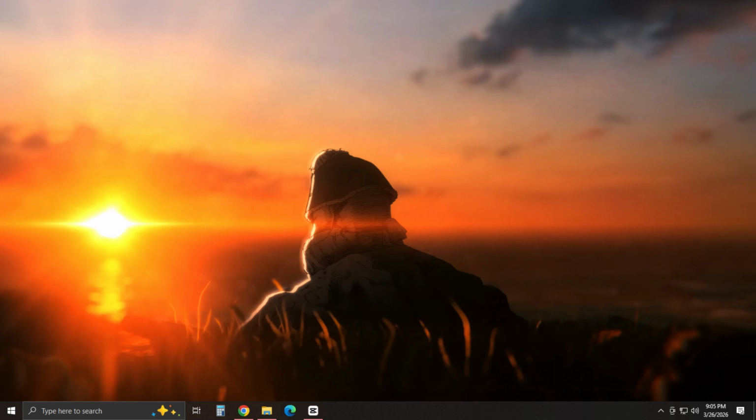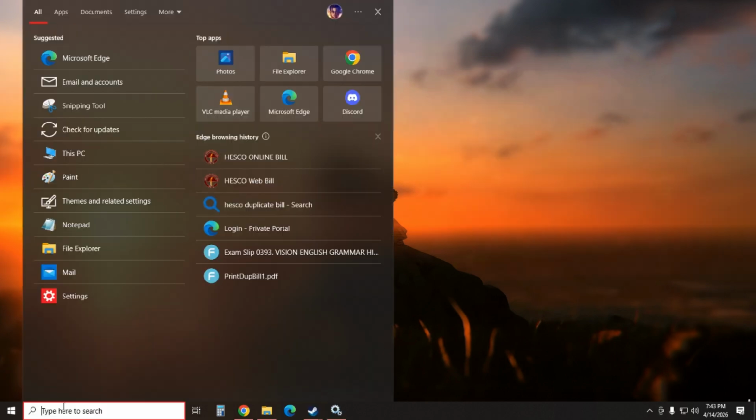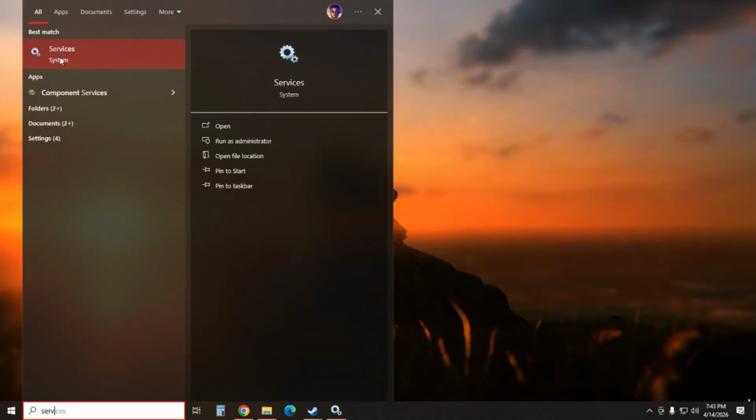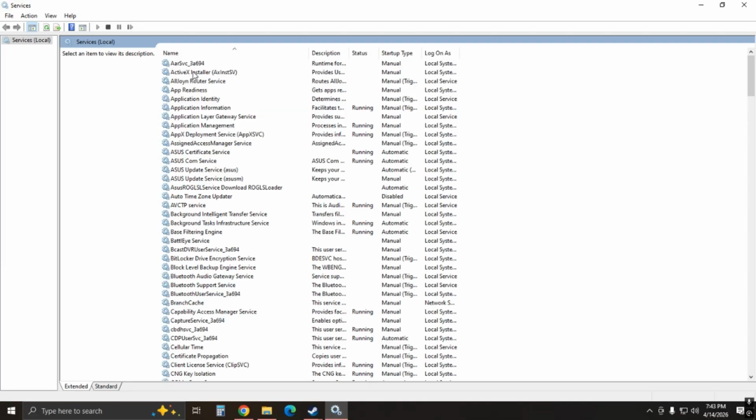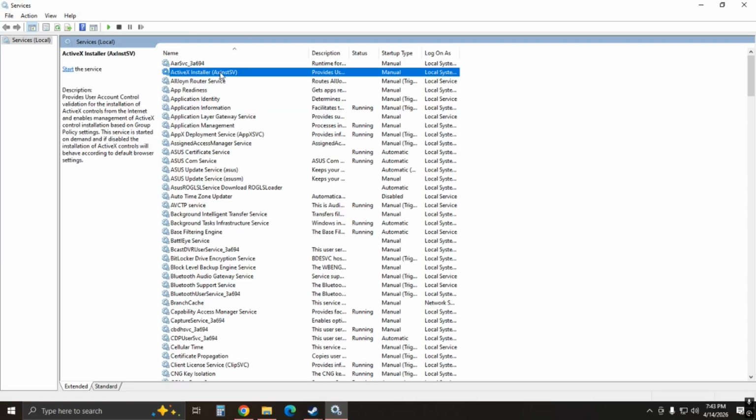How to fix ARC Reader's "An error occurred, login failed due to service." So what you need to do is search for Services and open Services. After opening Services, you need to find ActiveX Installer, and go over to